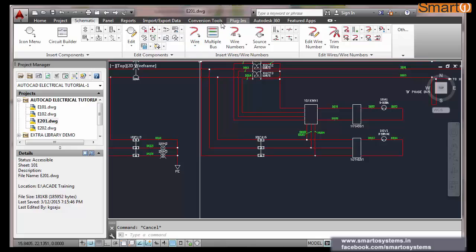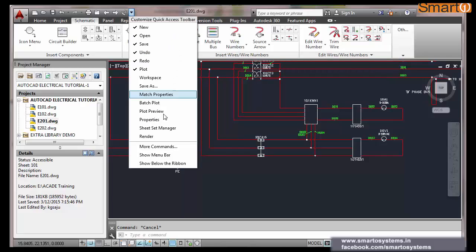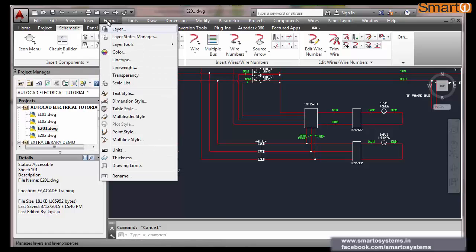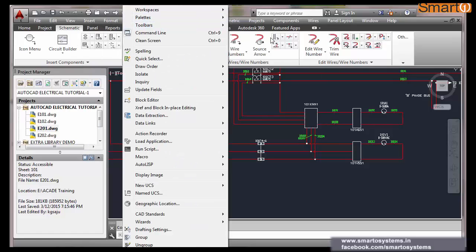And another thing you see here, you can see home, project, schematic, panel, reports and all, but there are a few more menus which are not appearing here. If you want those also on the screen, go here and pick show menu bar. Now you see, these are all normal LT AutoCAD commands: insert, format, tools, draw and all.